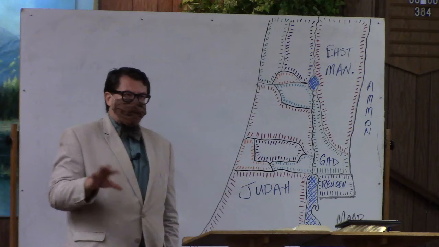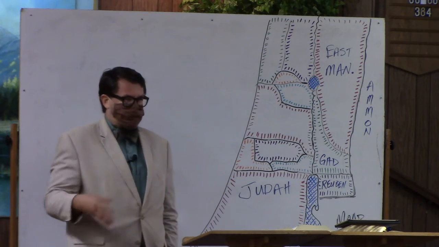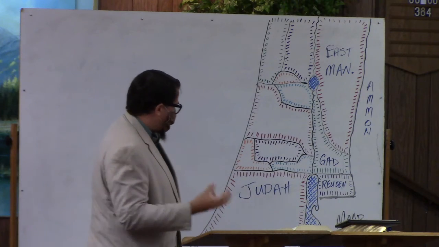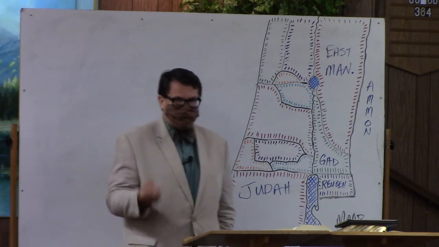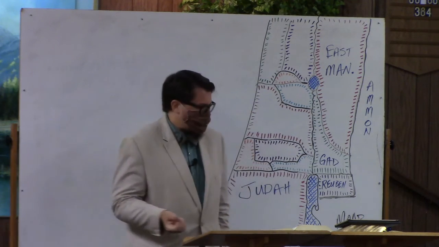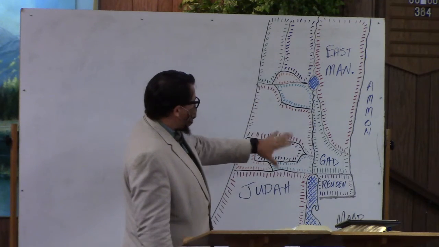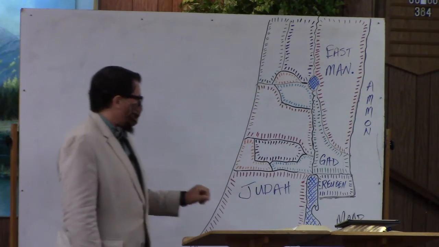Now, the Lord cuts a deal with them, right? They've got a special place in the whole scheme here, where the Lord is their inheritance, the sacrifices are their inheritance, most of the tithes are their inheritance. But they'll get cities and pasture lands, but they have no tribal allotment of their own.